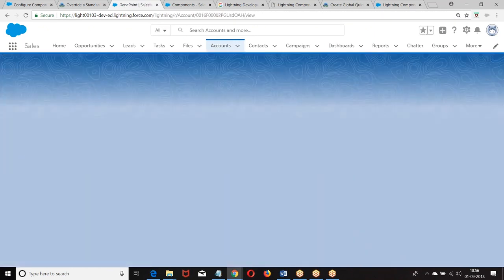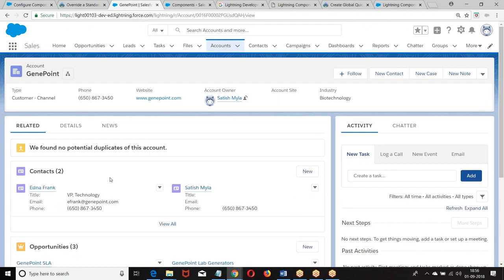Click on the submit. When you click on the submit, we go to the detail page of the particular record. This is how we have created it. Right? We are going to the detail page of the record.